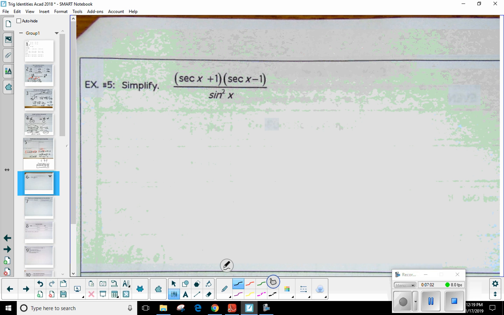There's a variety of ways you could do this. Some people might go ahead and rewrite the secants as 1 over cosine, but then you'll want to combine that with 1. It's going to get you there, but you may be giving yourself extra work because you're going to need a common denominator. You'll have to simplify fractions. What I would do probably if I were to see something like this,